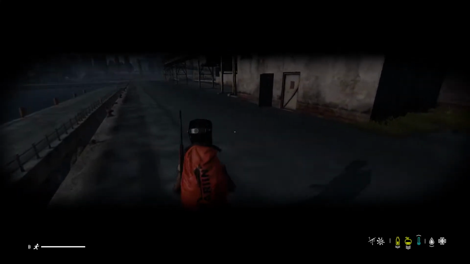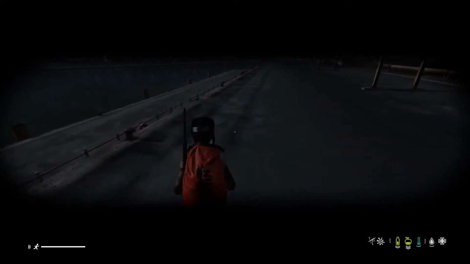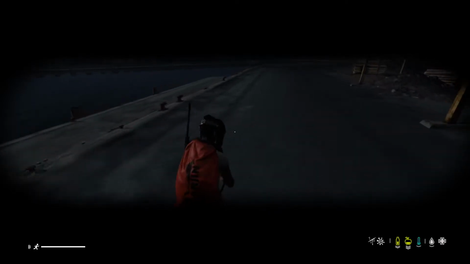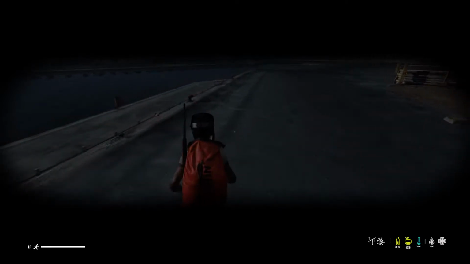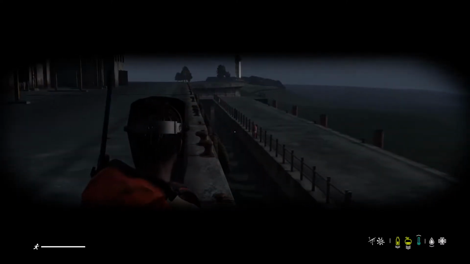Don't want to fall down there, we'll end up in the drink. I seen that one time like that. I was about this far away and I didn't realise there was a gap in between, and I thought I could jump down to it, that I'd just drop down to it. Nah, ended up in the water. Had a person who was trying to hit me. I landed in the water and then I went all the way over there,